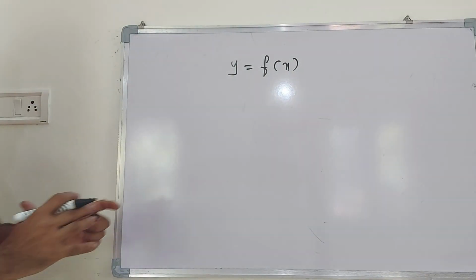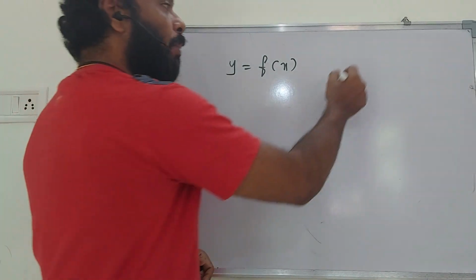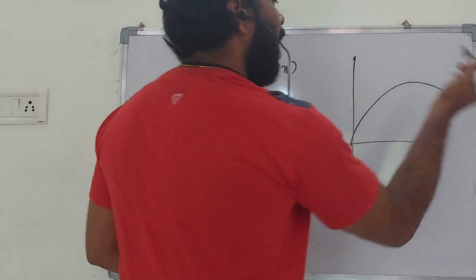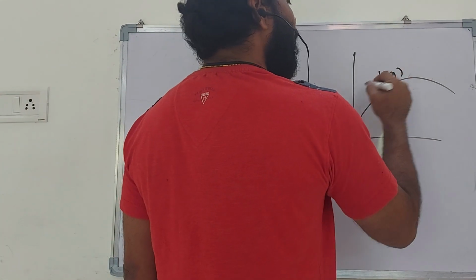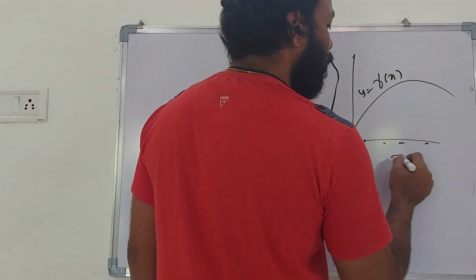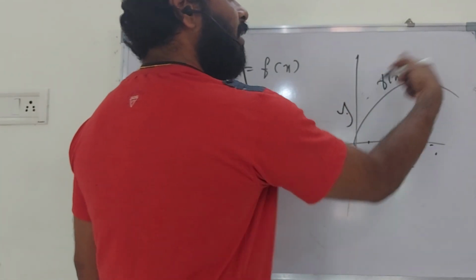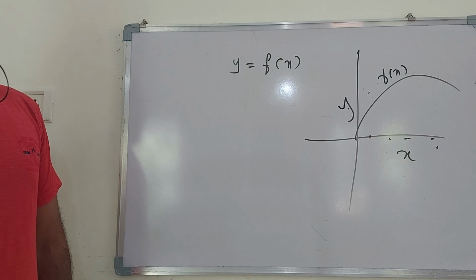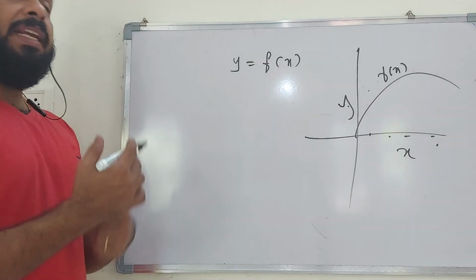The equation, we know, can be represented as a graph in the xy plane. It is the graph of some function. Okay, this is f of x, y equal to f of x. We take the values of x, this is the value of y, and we write this as the curve f of x. So any equation of the form y equal to f of x can be represented as a curve in